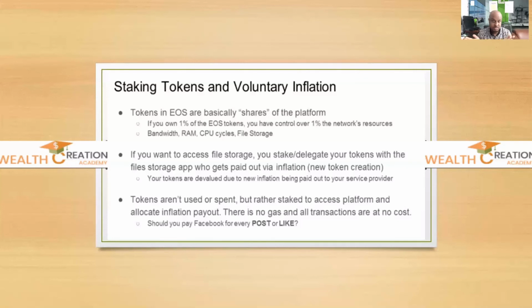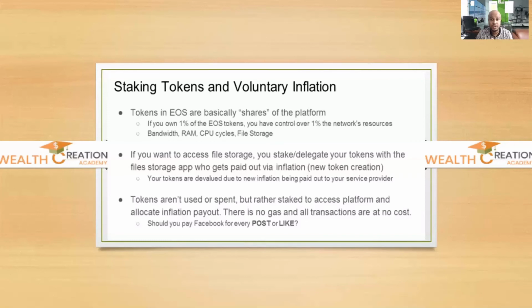Okay, so which is pretty exciting. Just imagine, for example, if you were paying for every Facebook post. Why is Facebook so big? Because it's free. You can put the content up for free. So imagine if, for every post you put or like you give, you had to pay for it. That would be crazy, wouldn't it? No one would be using Facebook. Why would you use it?